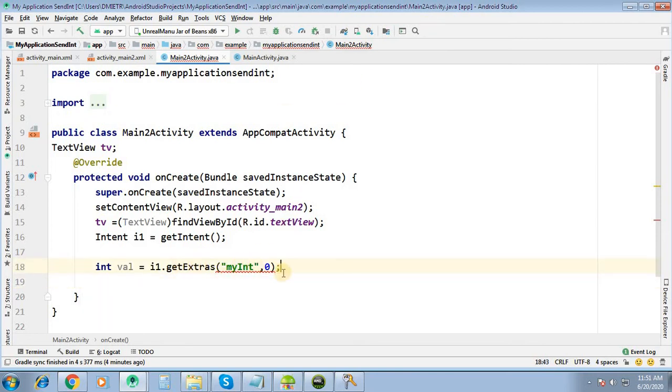Here we will use getInt because we are having integers. Okay, this is now fine.